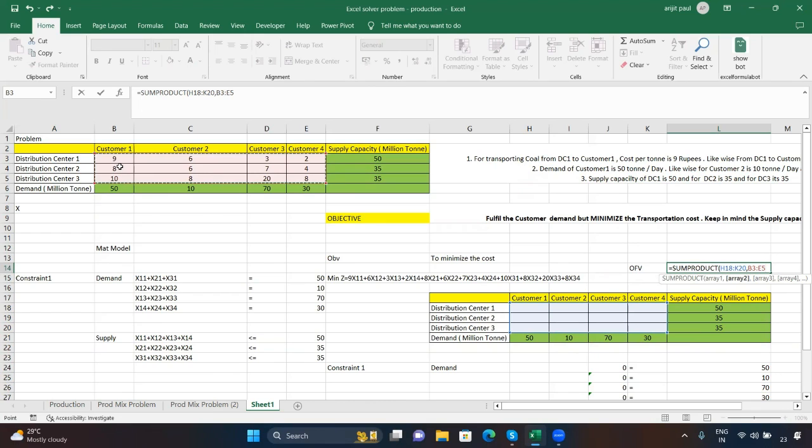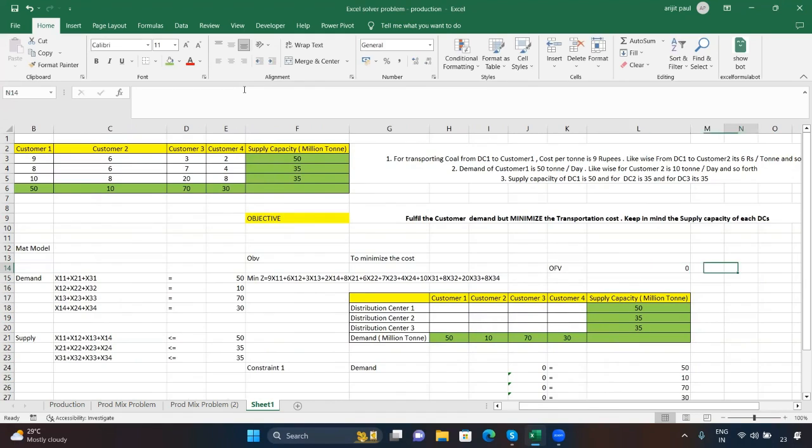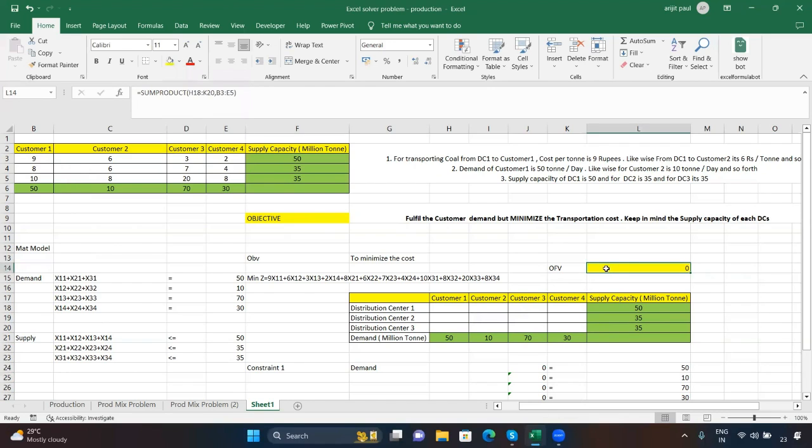That is you need to select from rupees 9 to rupees 8 in our problem. Close the bracket. Now this will become your OFB formula. Okay, so this is your OFB,